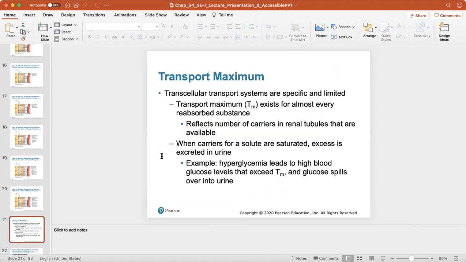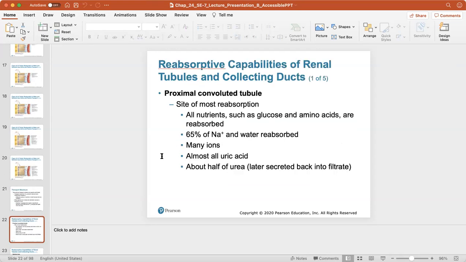Transport maximum: the transcellular transport systems are specific and limited. We have a transport maximum that exists for almost every reabsorbed substance. So when the carriers for a solute are saturated, there's always an excess that is excreted in urine. So if you are hyperglycemic with very high blood glucose, and you can't reabsorb the glucose back into the bloodstream, glucose will spill over into the urine. So as we talk about the reabsorptive